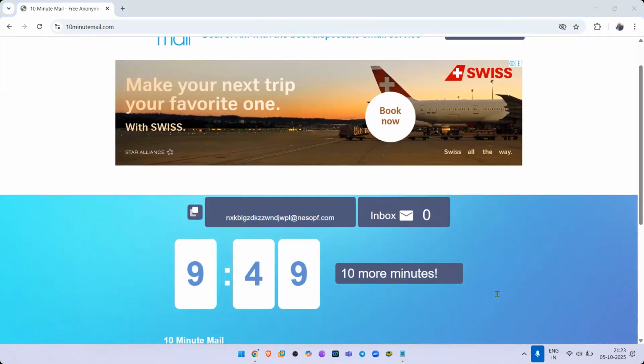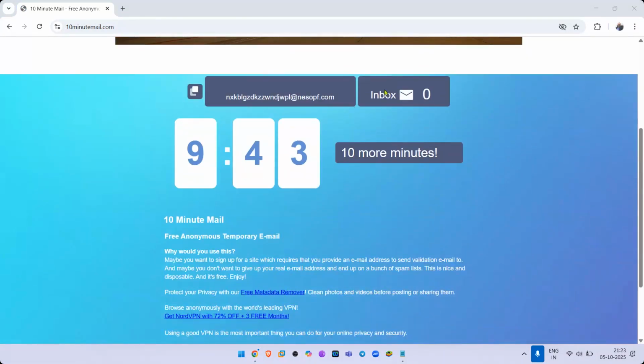This is my temporary email, guys. If you send me a message, I'll be able to read it, though I will not be able to respond. Whenever you are registering on any website, you can use this fake email address. That's very, very easy.